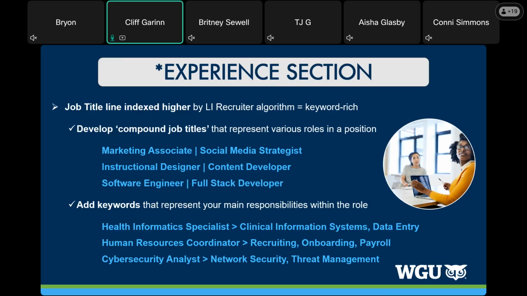Health information specialist, clinical information systems, data entry. Human resource coordinator, recruiting, onboarding, payroll, people. Cybersecurity analyst, network security, threat management, whatever is something that you might want to be doing.